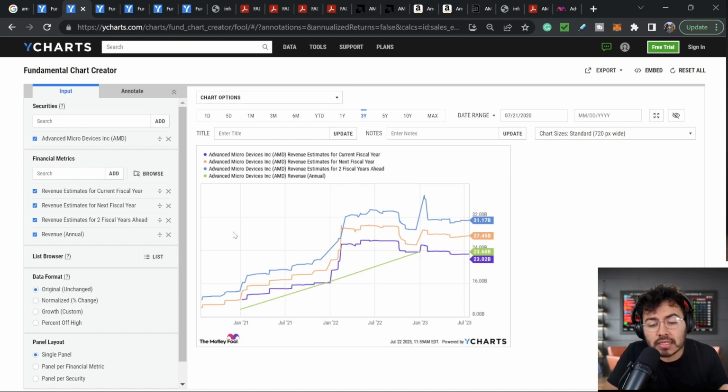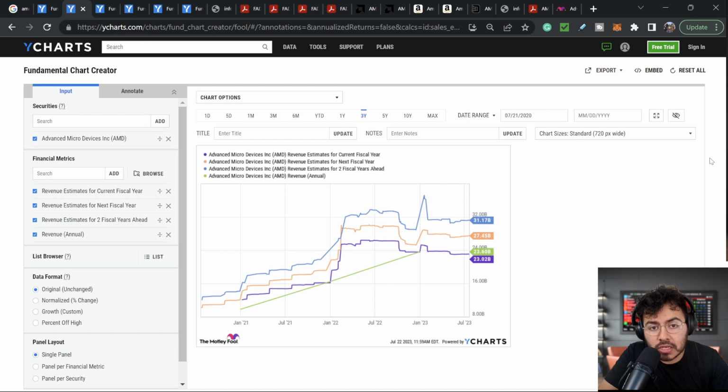But now revenue estimated for the next fiscal year, we do see roughly $27.45 billion. That's over 10%, maybe closer to 15% growth. That's where we like to see AMD, still growing. I do believe, though, to some extent, analysts might be underestimating AMD, especially with all its data center products. So I think right now these are underestimations in my opinion, but obviously we will have to wait and see how things go from here.